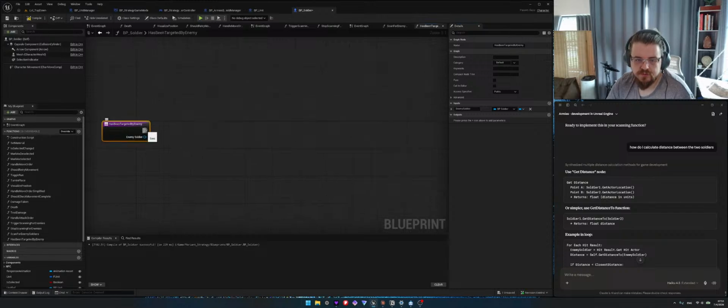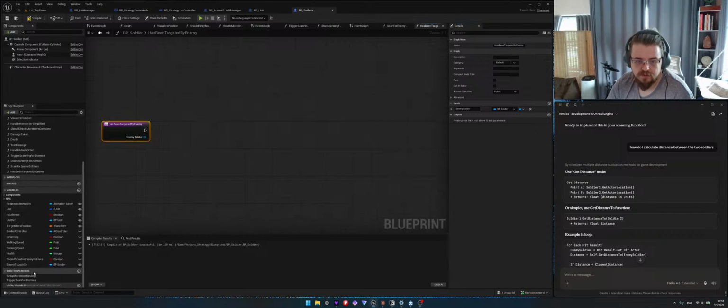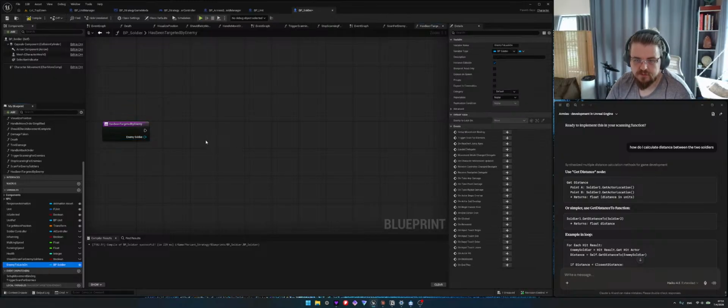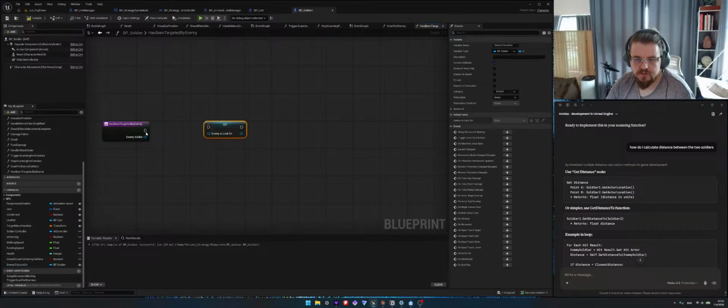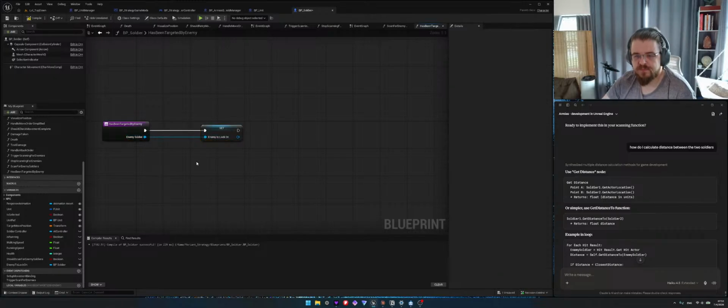The enemy soldier has targeted me, and so we're going to set this, so that it's not constantly flipping around. We're going to do